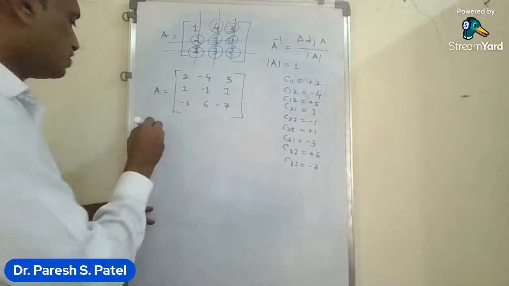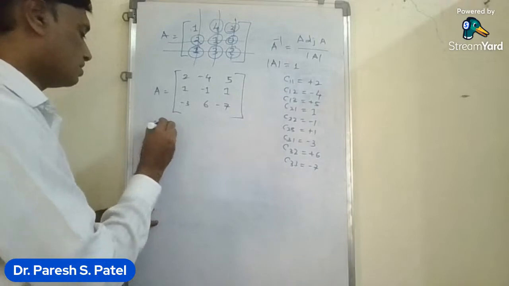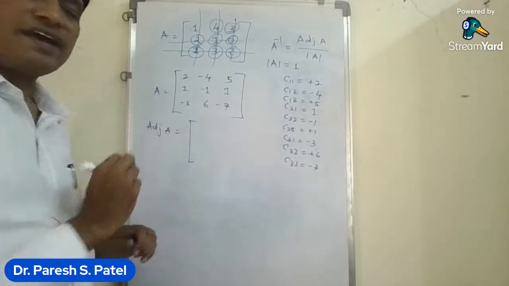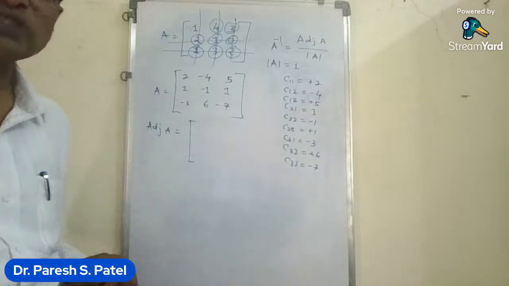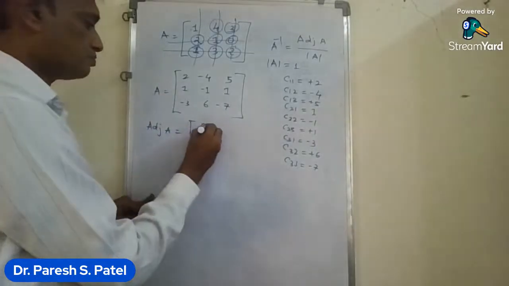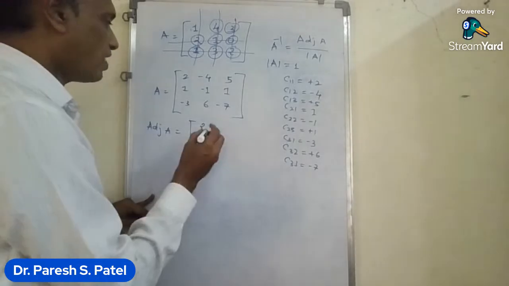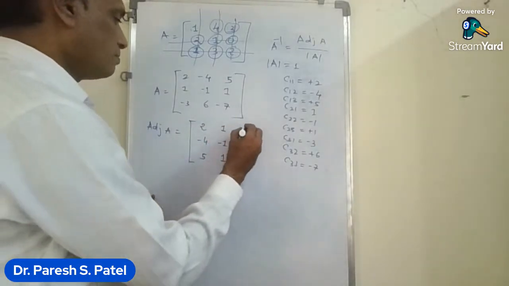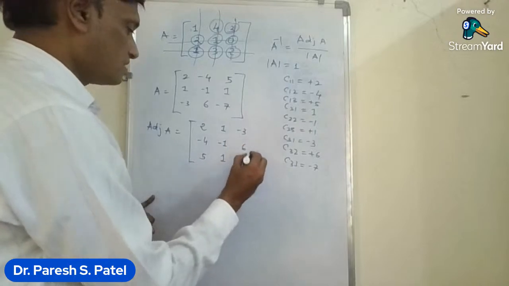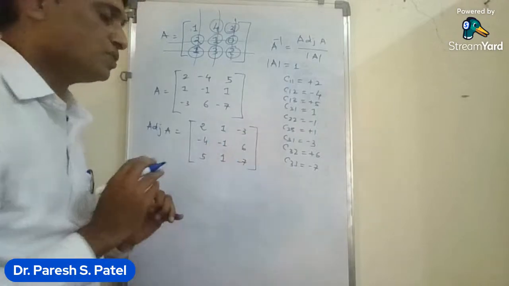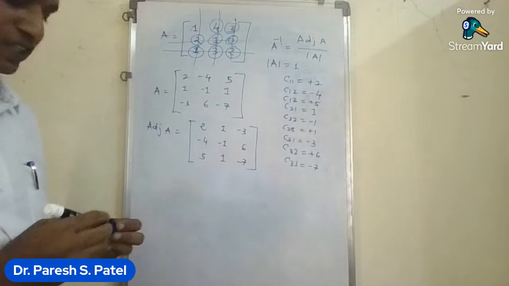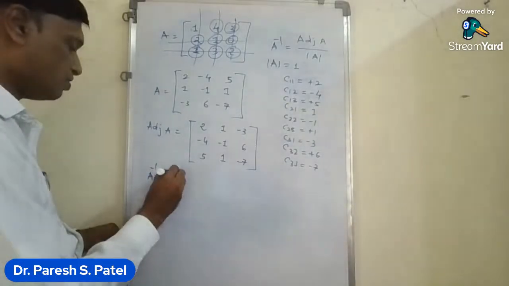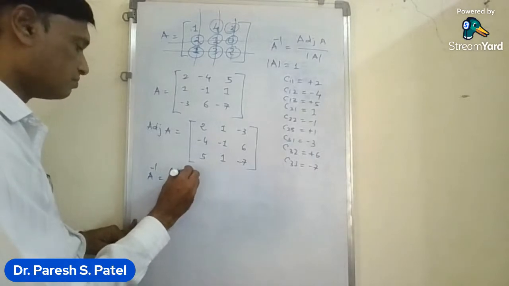Now adjoint A is equal to, we can arrange the numbers of the rows into numbers of the column. So 2 minus 4 5, 1 minus 1 1, minus 3, 6, minus 7. Okay, so this is the value for adjoint A, and we know that A inverse is equal to adjoint A